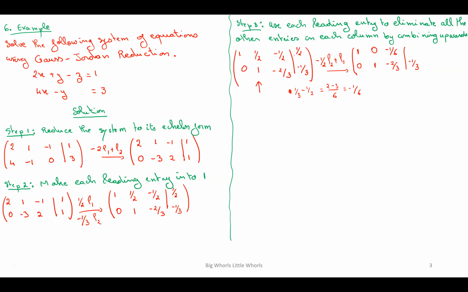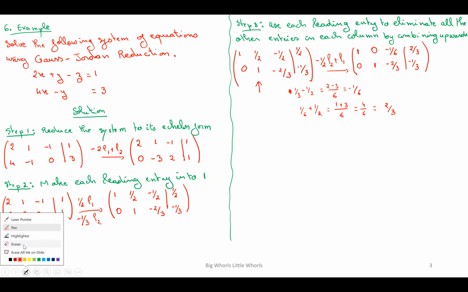And when it comes to here, I have here multiplied by minus 1/2. So it's 1/6 plus 1/2, which is 6, 1 plus 3, which is 4/6, which is 2/3. Okay, so I have 2/3 there. Okay, so we are done with the